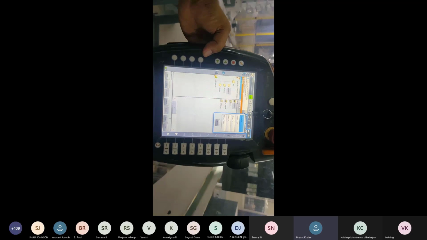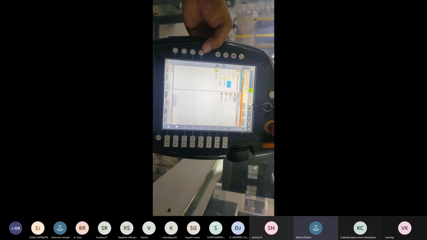First, the blue highlight LED is given there for continuous. The meaning of continuous is you can jog the robot continuously without any interruption.